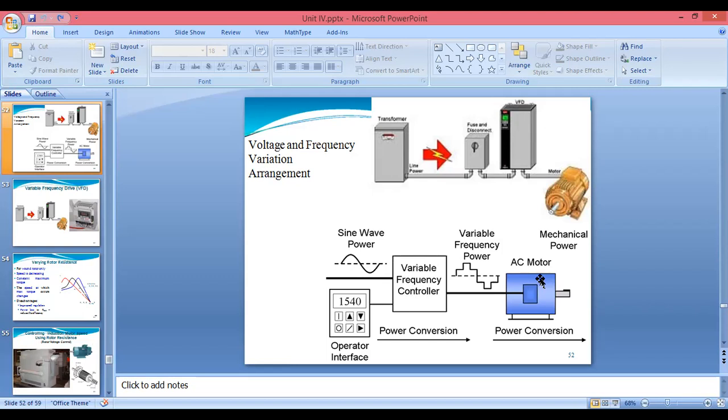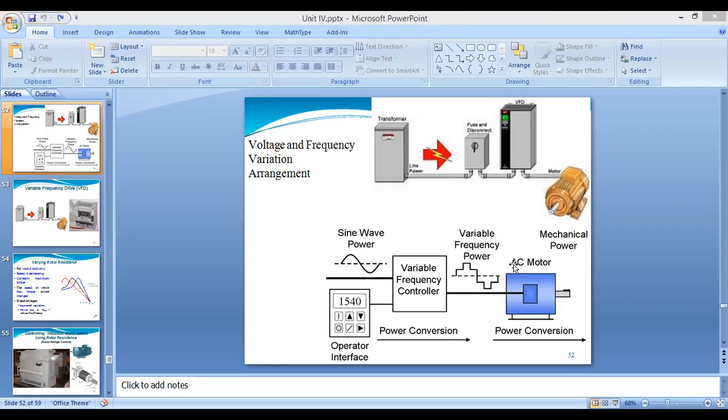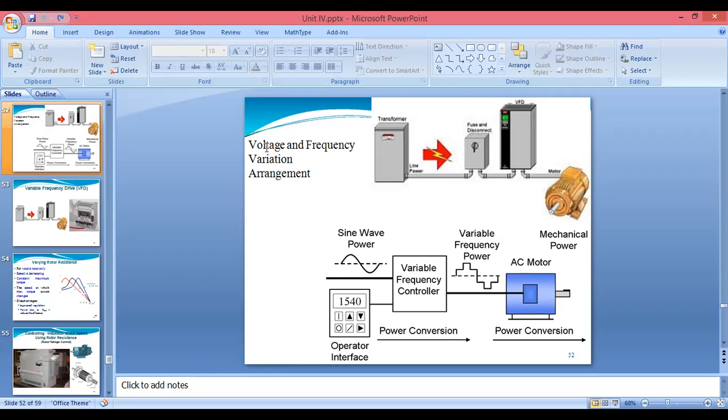But we cannot use this method widely because it has some limitations, like a large change in the voltage is required for a relatively small change in the speed, and a large change in voltage will change the magnetic conditions of the motor, and as it changes the magnetic conditions, we can say it will change the flux density. So here we have finished the first method, that is changing the value of voltage and the frequency to change the speed of the three-phase induction motor.